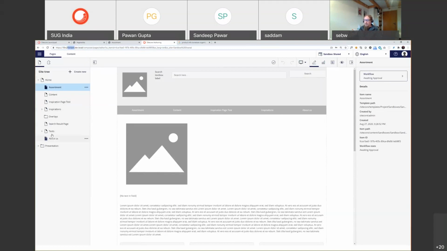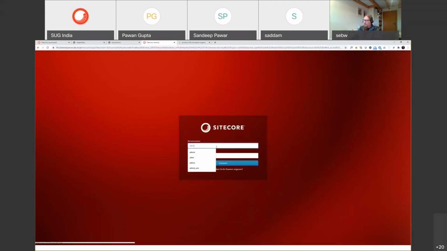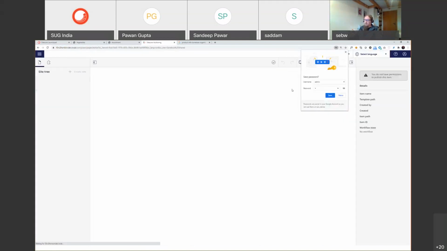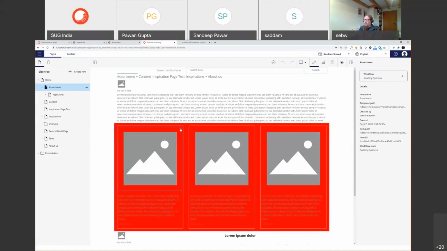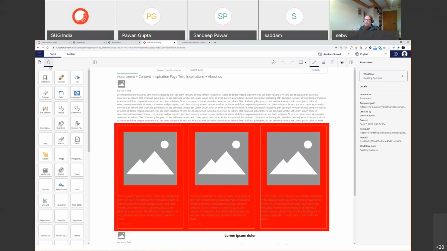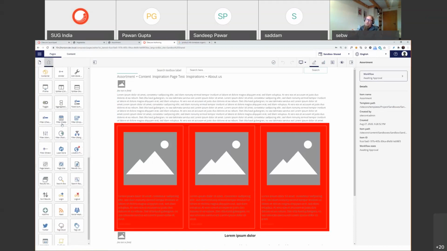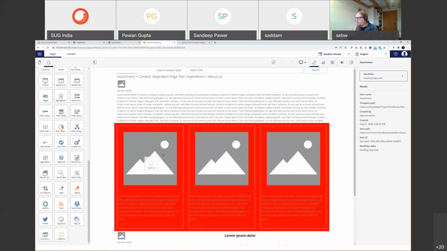you have all the pages here that you can navigate. From presentation, you will see the page and partial designs if you're not logged out. So let me go back in. Yeah, so you also see my changes apply to the assortment page that we've just done. So here are my page and partial designs that I could manage. And if I go here, for example, to the components, then you see the long list of components, which I think requires some kind of improvement to put it back into sections like the toolbox does it. But I think, yeah, here's also our Sitecore user group Pune